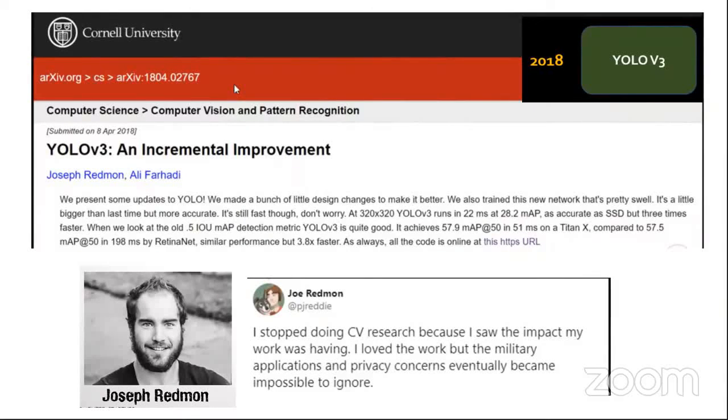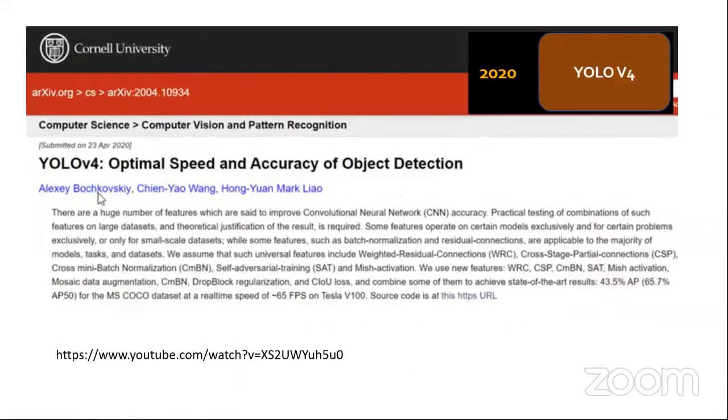He tells how armies and countries are misusing his algorithm for mass destruction, and that's why he took his step back and stopped working on YOLO versions. But after that, this person Alexey forked his directory and kept his work continuing.